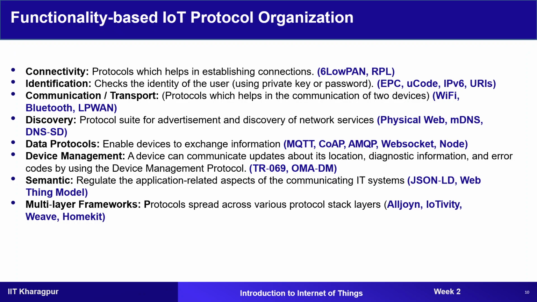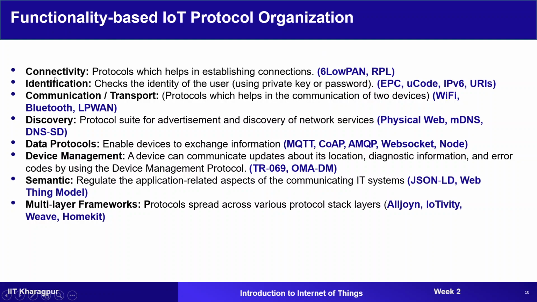Now after discussing the working of DHCP and SLAAC, we will discuss the various protocols which are used by IoT in order to establish connection between each other, in order to exchange messages between themselves, in order to manage the data, and in order to identify the devices. So on the basis of these functionalities, the protocols used in IoT are categorized into these categories.